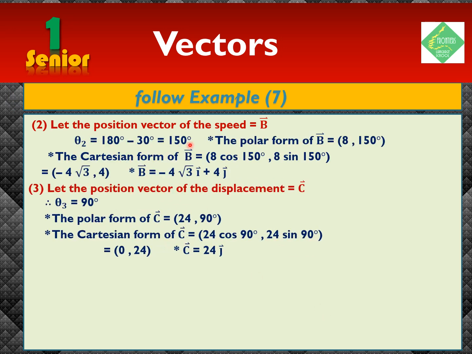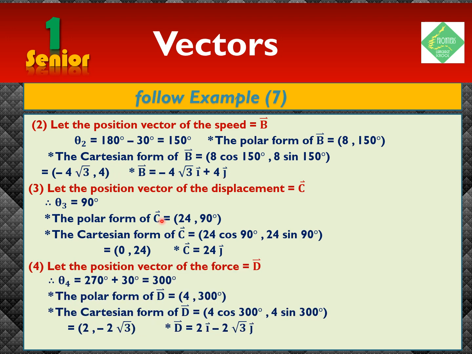Theta 2 will be equal to 150 degrees, as we discussed. So the polar form is 8, the norm, and 150 degrees, the angle. For the Cartesian form, multiply 8 by cosine 150, you will get negative 4 root 3, and multiply 8 by sine of the angle, you will get the y coordinate, which is 4. So finally the fundamental unit vector equals negative 4 root 3 i plus 4